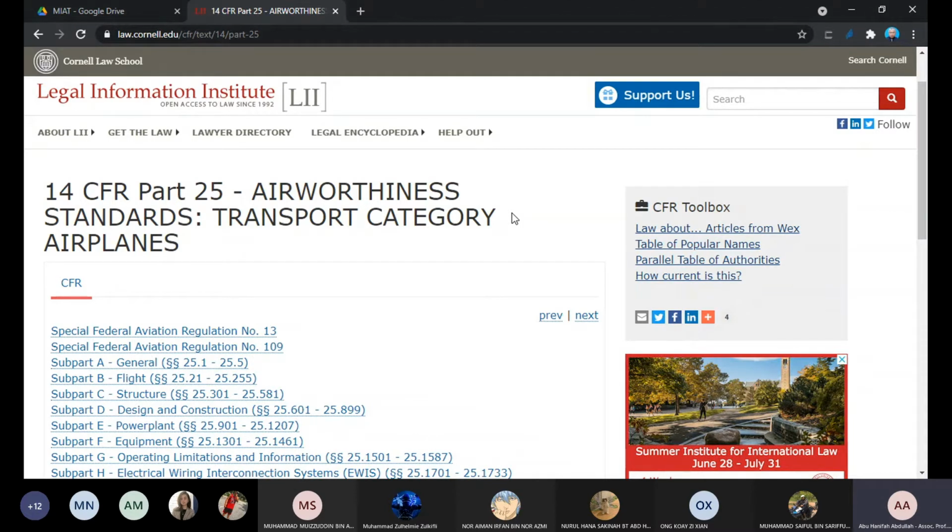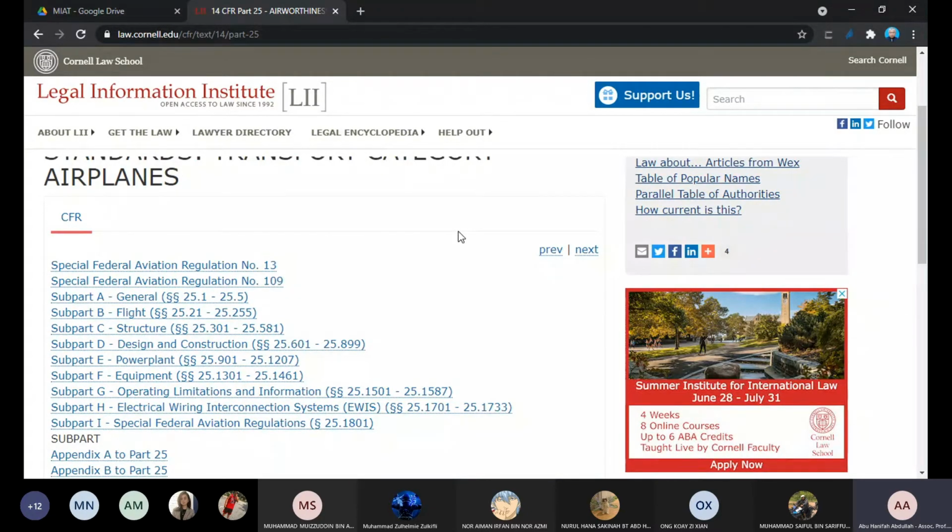So those are the two: transport category airplanes or large aircraft. Transport category airplane is terminology used by the US, and large aeroplane is used by EASA, for the European countries. However, the content of the requirements is almost similar. So whatever you see on the aircraft is designed to this requirement,